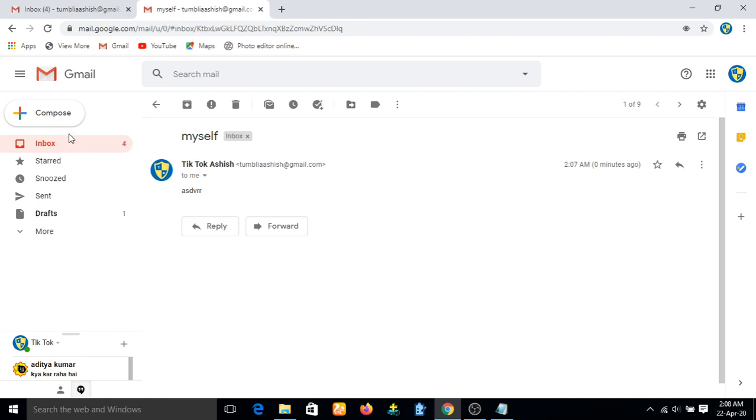That means the data can be transferred from compose module to inbox module for my own account also. That means for one account you can send a mail to yourself also. So that means data is able to transfer from this module to this module.